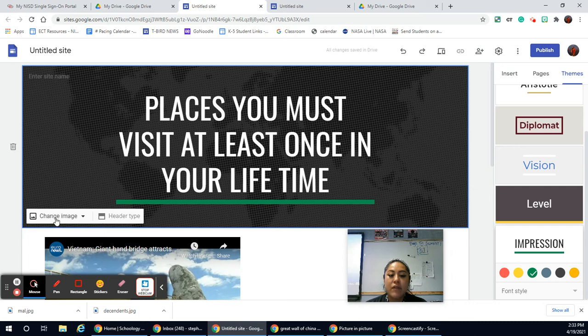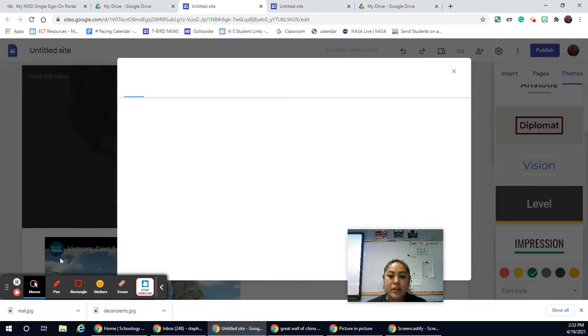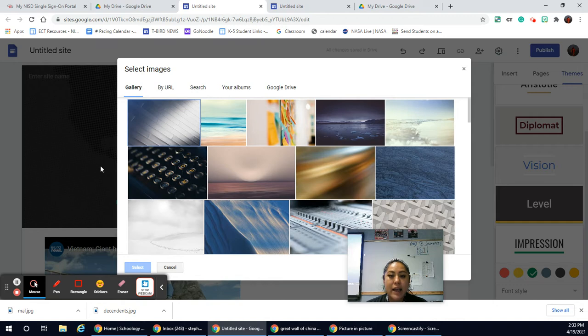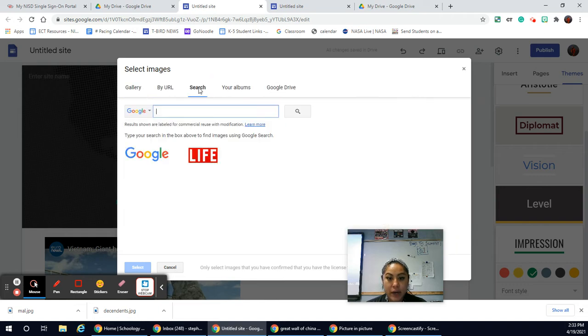Now, I would hover over where it says change image and just click on there. Okay, now it'll ask me to select an image, and I can either do that by picking something that's already in the gallery, or I can do a Google search right inside. Okay, so you'll see that this Google search will pop up, and I can put maybe world map